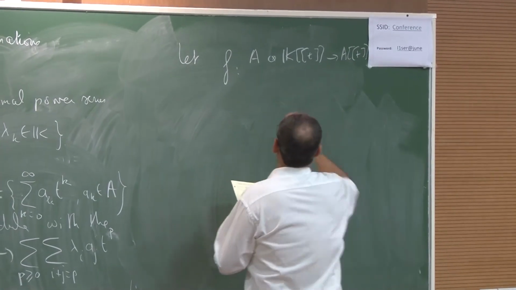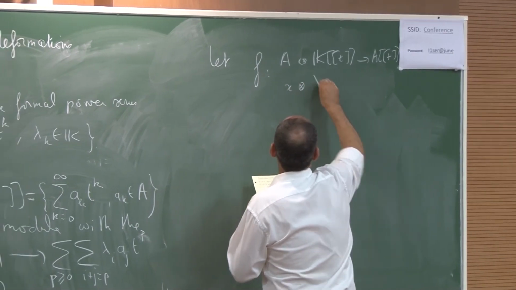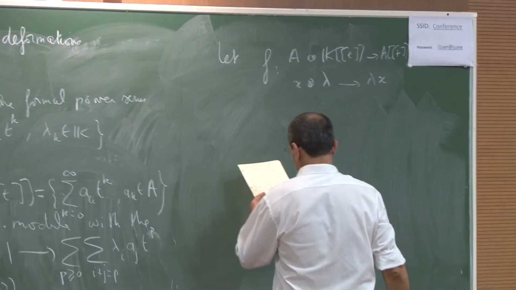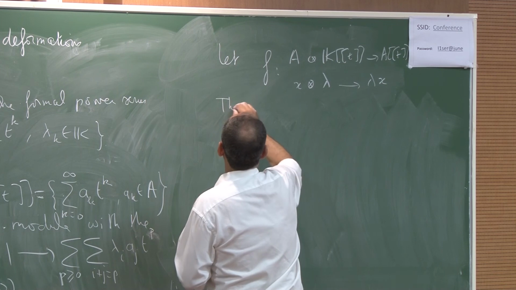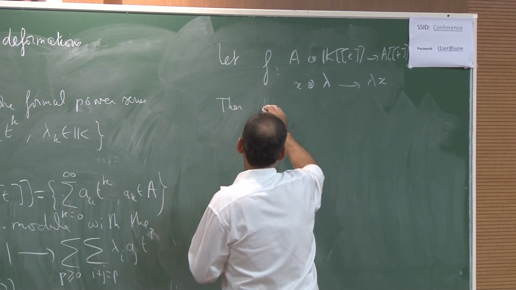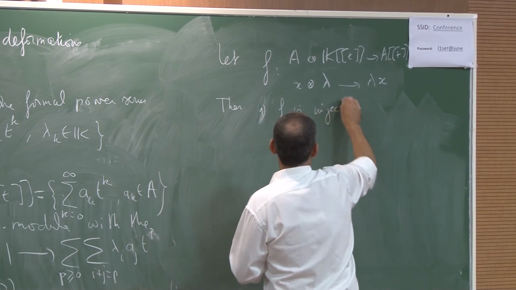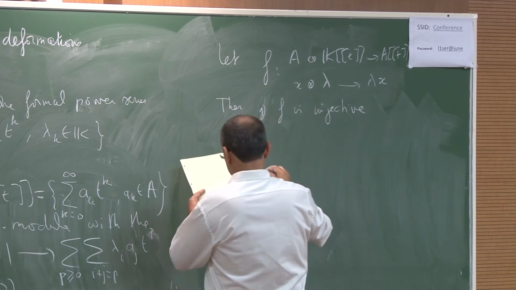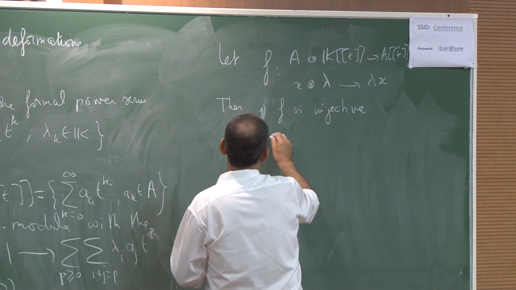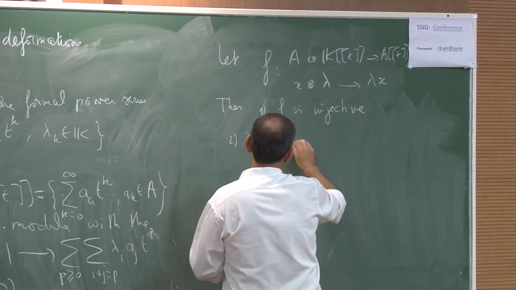Consider this map defined as x tensor lambda goes to lambda x, as I mentioned before. Then f is injective. First observation, this f is injective. And the second observation, if A is finite dimensional,